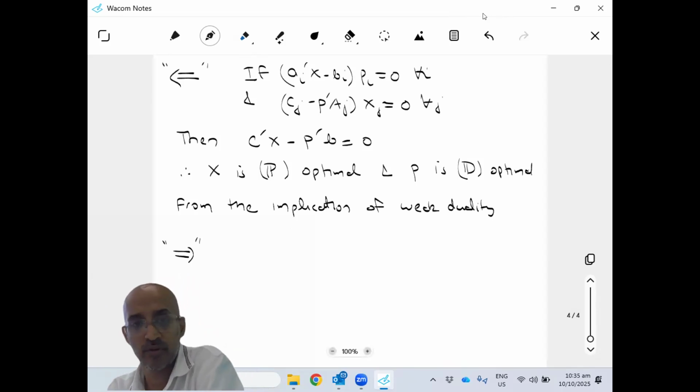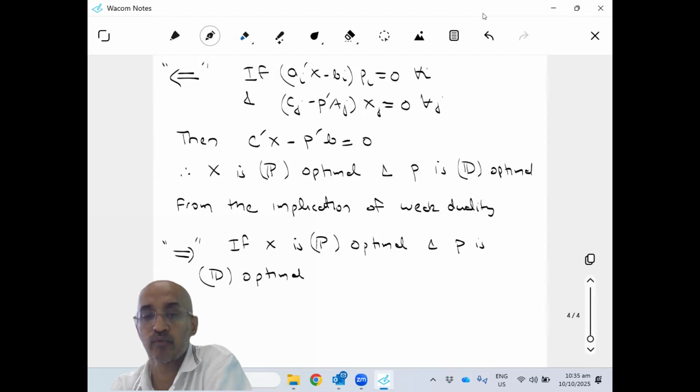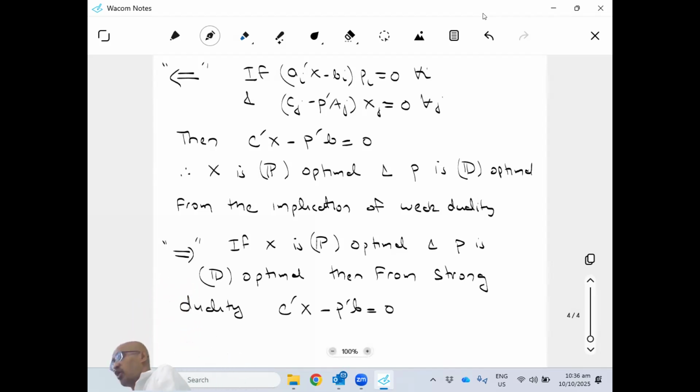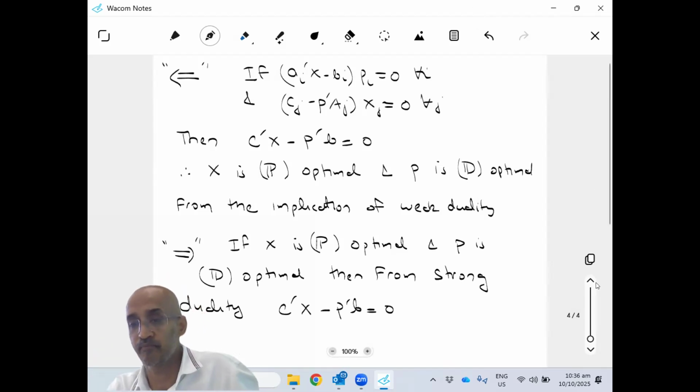So if X is primal optimal and P is dual optimum, then from strong duality, what do we know? C transpose X minus P transpose B has to be 0, because strong duality says that the optimal values have to be the same. If they are the same,